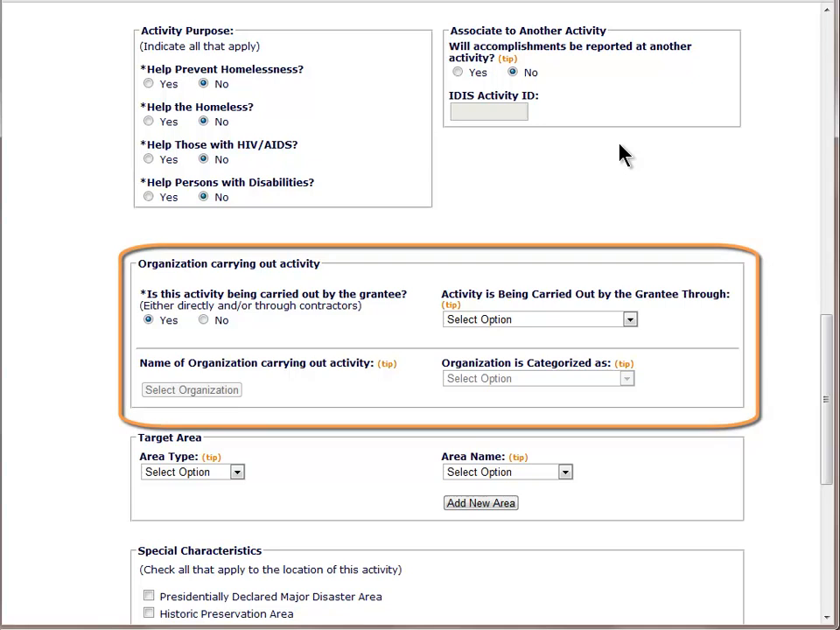You will use the next section to indicate who is carrying out the activity. If the grantee is carrying out the activity with its own staff or through contractors, you will answer yes to the first question and choose one of the selections from the drop-down. If the activity is being carried out by a subrecipient or other entity, you will answer no to the first